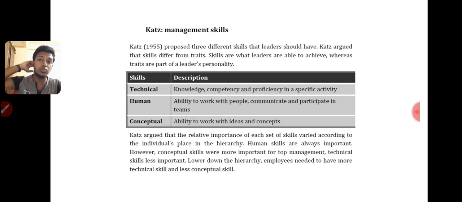So we should have the technical knowledge. Management should have the technical knowledge. If bank problems come, or any outside problems, you should be able to say, no, this problem will end with this. So that is technical knowledge, right? Human skill means the ability to work with people. And conceptual skill means